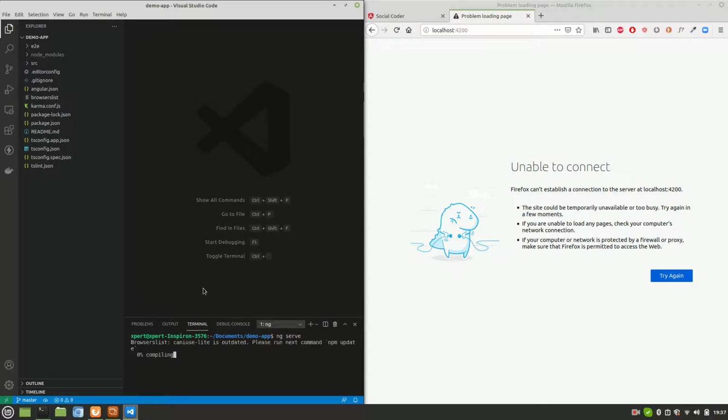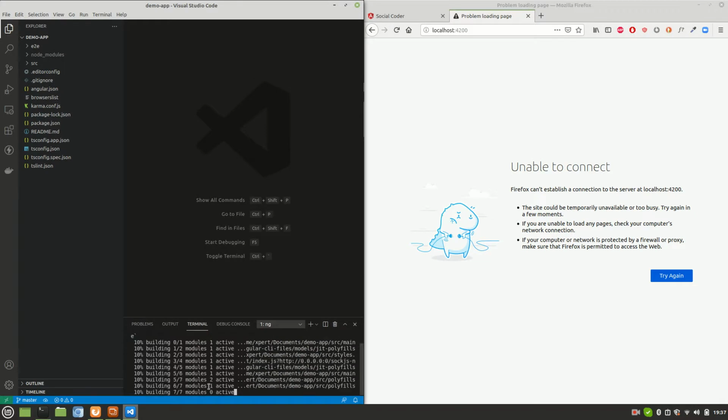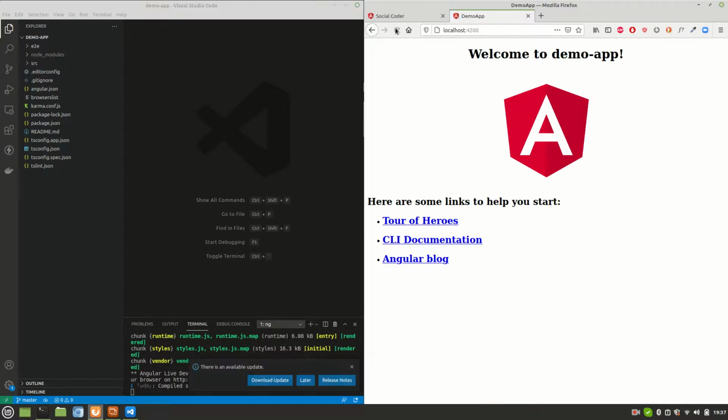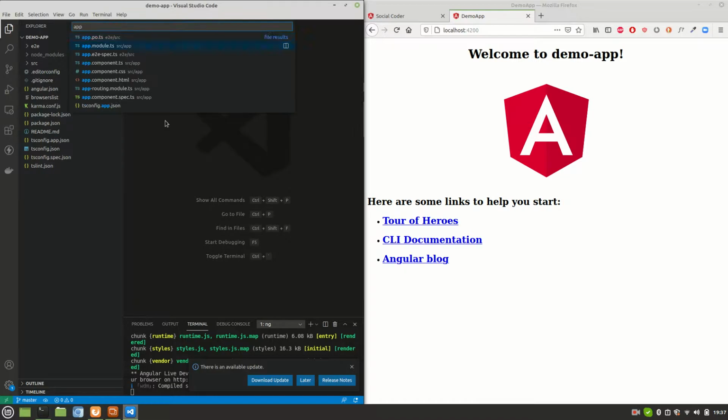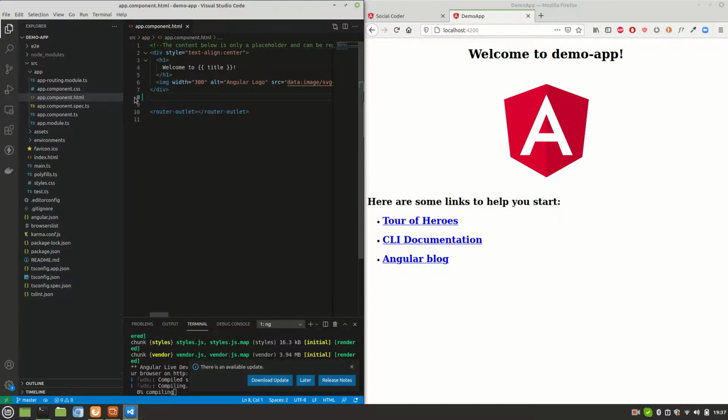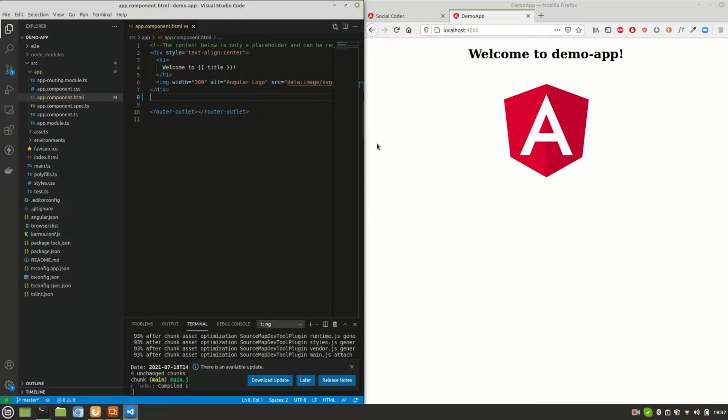Let's run the server. It should take a couple of seconds only. It's pretty quick for an empty application like this. Here it is. First thing first, I would like to remove all these unwanted things from my code. I think up till here is fine. Yeah, looks clean now.